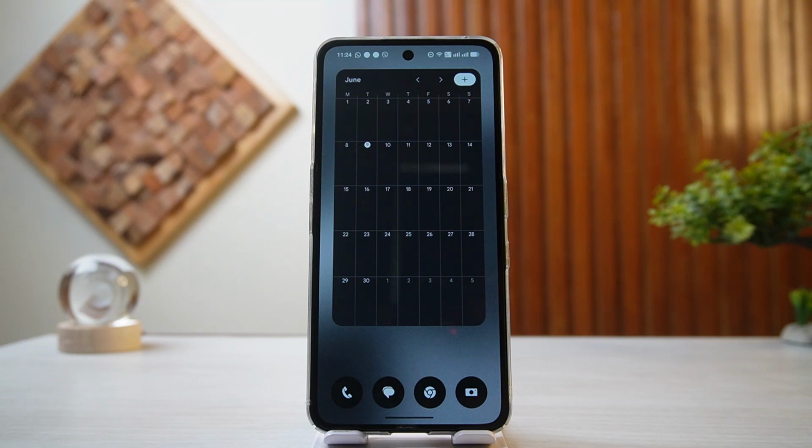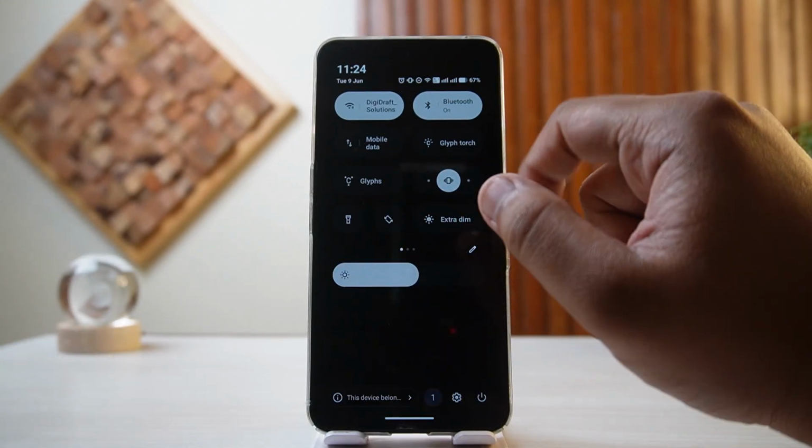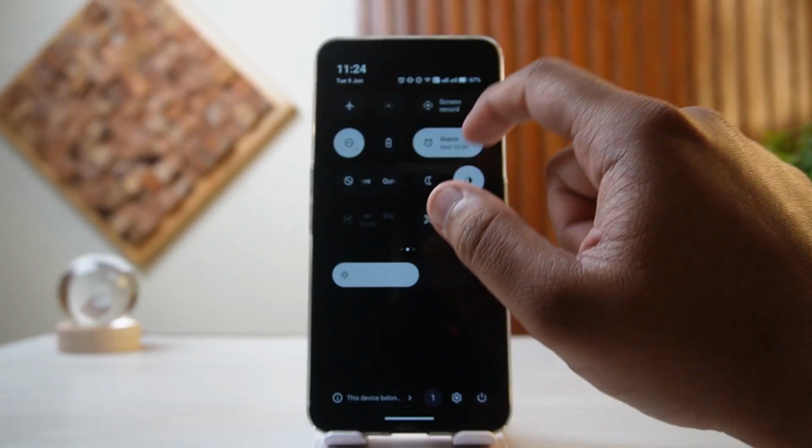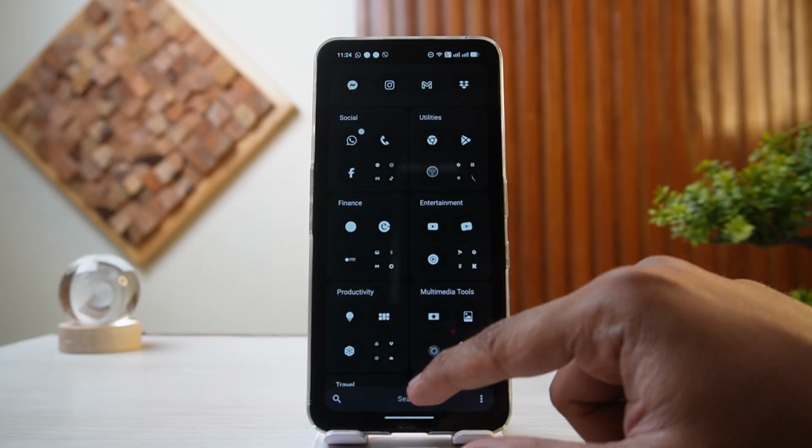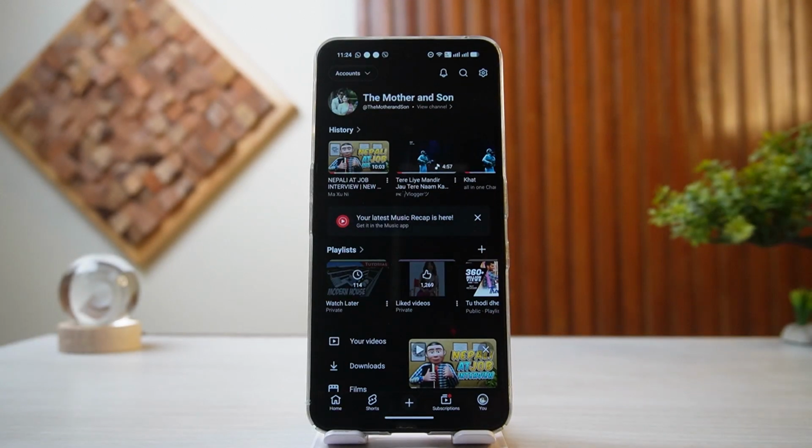Today's video is going to be about how to fix YouTube Shorts not showing. For that, the first thing that you must do is ensure that you're connected to the internet. You can try switching between your Wi-Fi and mobile data and also toggling airplane mode on and off on your device. The other thing that you can do is inside YouTube itself, head over to YouTube, tap on your profile